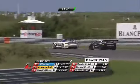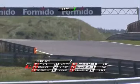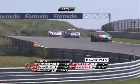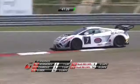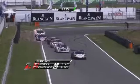But again, Ordonez just sitting there watching all this action going on. Might be close enough, you know, coming towards the S's. He's tucked right up behind, and there goes the look coming down into the S's. We'll wait and see whether he made it past, and he did. Good stuff from Harry Procek. He gets past Karun Chandhok and up into 6th place overall, and now Chandhok is going to be under pressure